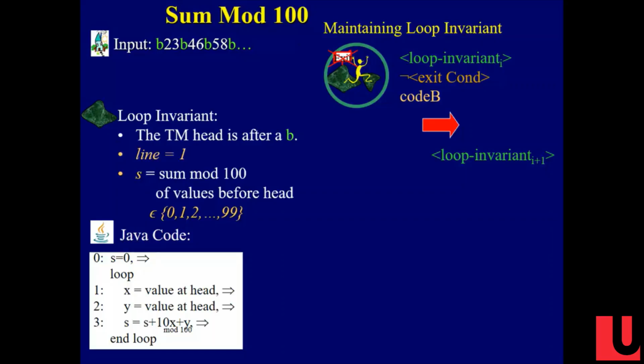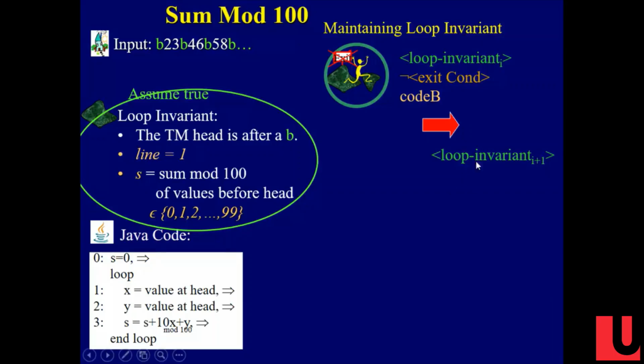So here's the question that's on the test. I give you this, and then I say, give me the metacode, Turing machine code that maintains the loop invariant. That's what I'm going to say. And then this is what you write. You don't write this. If it's orange over here, you write it. If it's moving over here, that's your brain helping you. Anything over here, you don't have to put on the test. Your brain helps you.